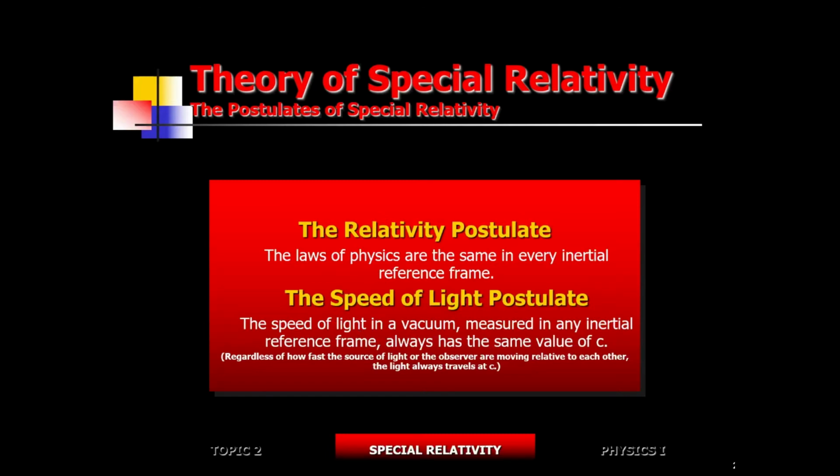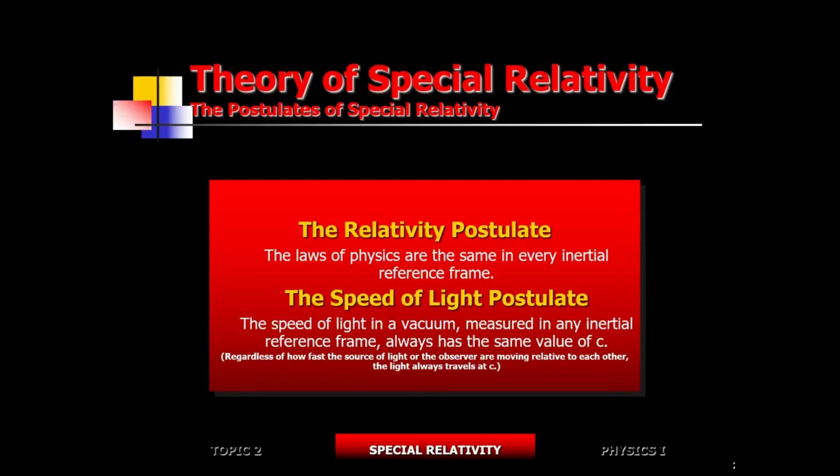What is the assumption? Assumption is even if you're traveling at the light speed, you still see your reflection in the mirror because light still travels at the light speed relative to you. That's what it means. Got it? That's an assumption. That's not a scientific fact. And he's going to build a theory based upon these assumptions.